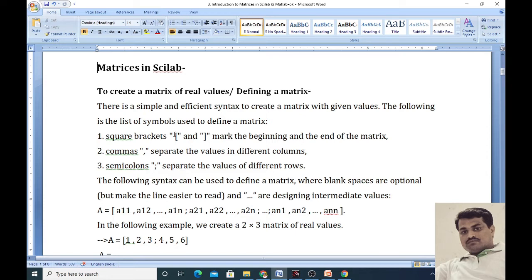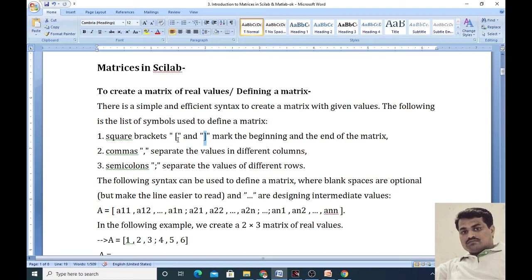This is the opening square bracket and this is the closing square bracket, used to mark the beginning and end of the matrix respectively. This bracket indicates the end of the matrix.